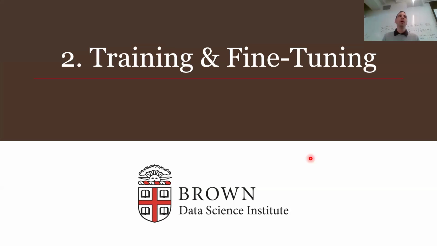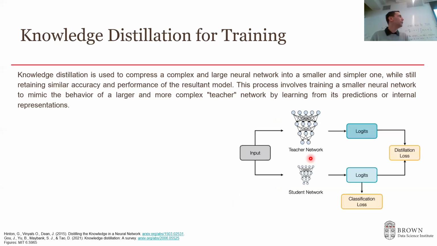So now let's move to how we fine-tune or train our model. And the first thing I want to discuss is to circle back to knowledge distillation. There are methods of knowledge distillation that affect training or fine-tuning, and eventually affect inference too. The first one is self-distillation. Self-distillation is the idea that while we train the teacher model, unlike in inference where we have a teacher model, now we're going to distill the teacher into a student model. And the idea is that we do that every once in a while.